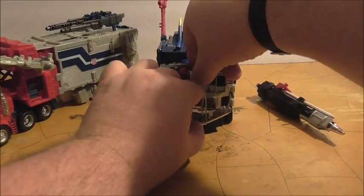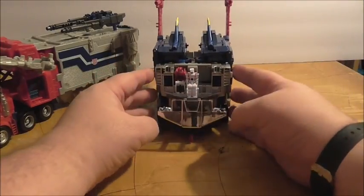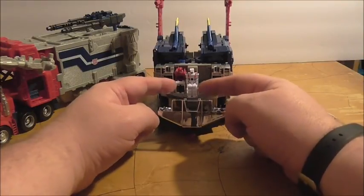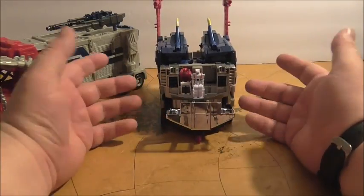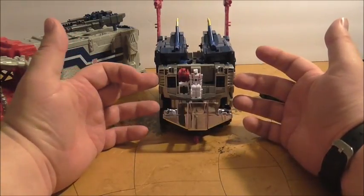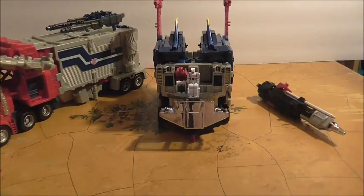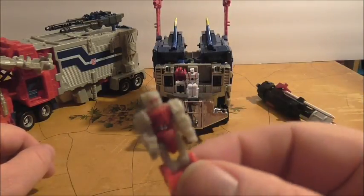And what bothers me about this is Shuta, or whatever you want to call him, was the 3rd kid that hung out with these guys. These were the Headmaster Juniors in the Japanese anime. And Shuta did not come with this, because in Japan, he came in a 2-pack with Wheelie. Now, I have the American version of that character, but it's a different paint job. So that's a bummer, but...